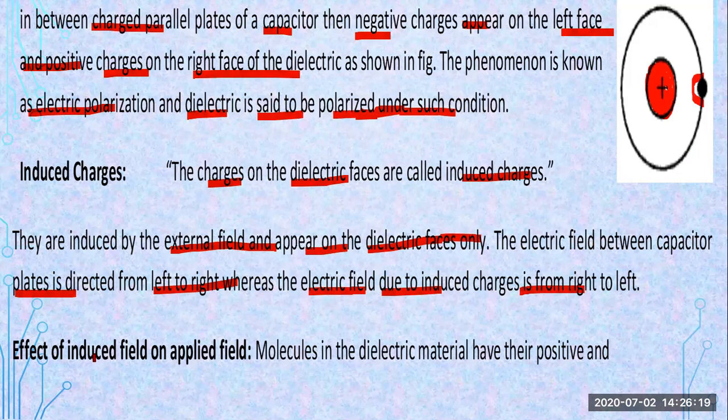The effect of induced field on applied field. The molecules in the dielectric materials have their positive and